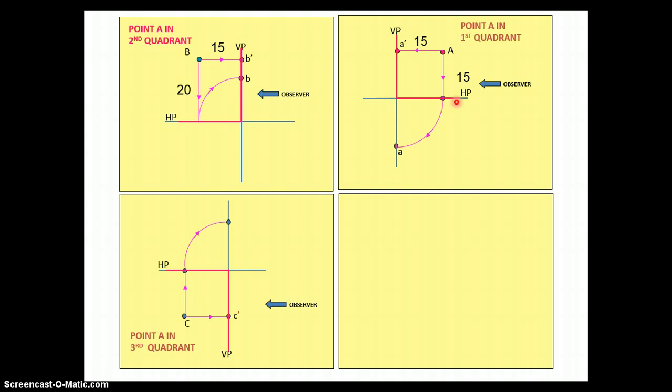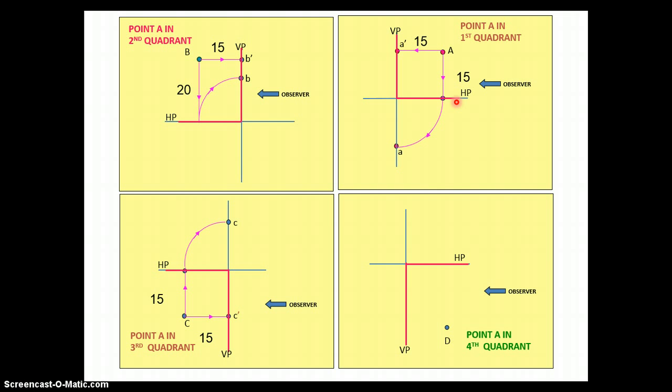To make it visible, this point C is rotated in clockwise direction, so point C, that is the point in the top view, lies above the XY line, and point C dash lies below the XY line. Both are the points at 15 mm above the HP and 15 mm below the HP. Then the point D lies in the fourth quadrant,